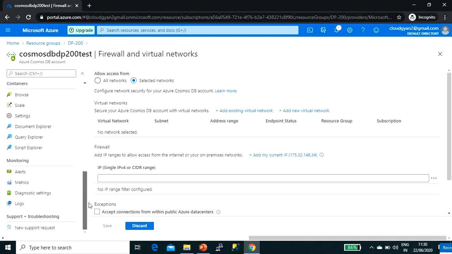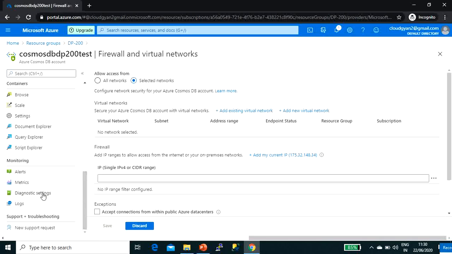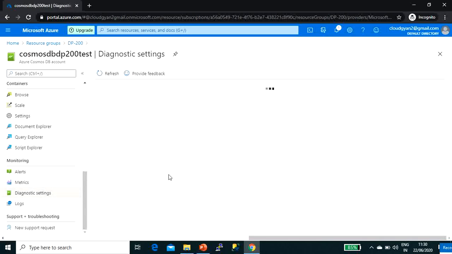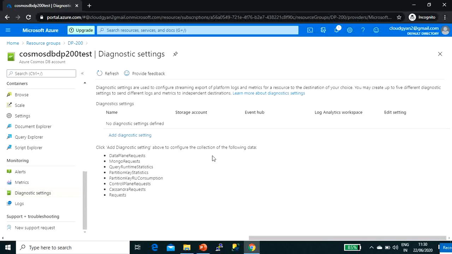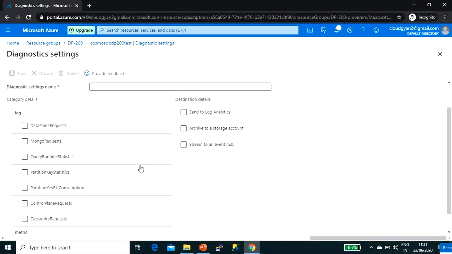One more important point that I want to cover, which is part of the exam, sometimes asked in the exam, is the diagnostic settings. You can enable the diagnostic setting. You just have to create it and add whatever settings you are specifying: the list of categories of the platform, what logs you want, and to which locations.